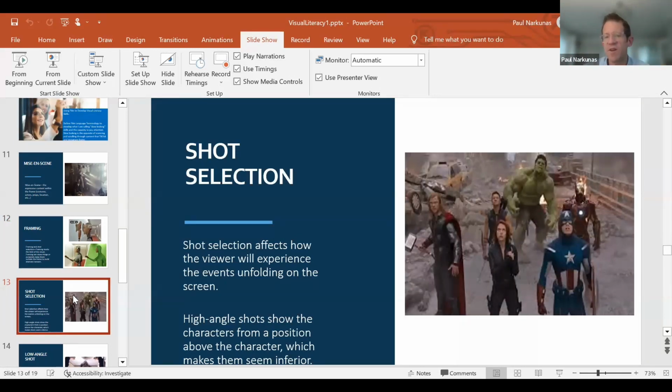I've picked this one from a superhero film, particularly because the superheroes are having a kind of oh-no moment at this point in the film, and they're in danger, which is often what is done with the high angle to demonstrate a character in danger, but also to depict the person in a position that's less than powerful. They are looking up at something that is about to dominate them.